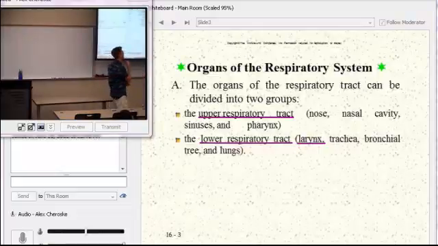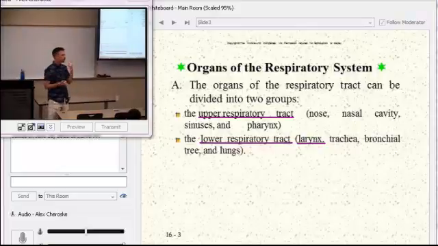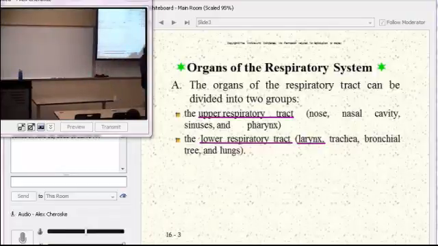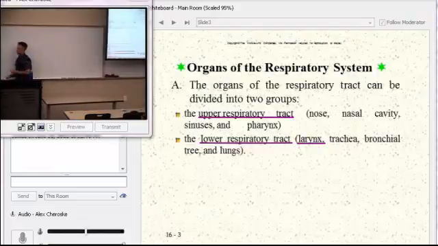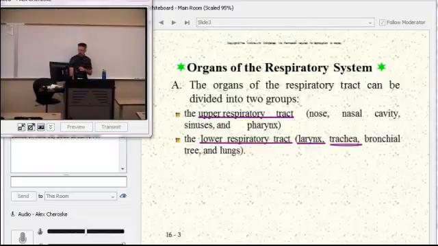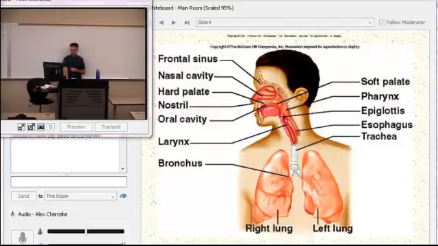So if we're talking about the pharynx and the oral cavity, all of those passages are actually shared between the digestive system and the respiratory system, right? You can breathe through your mouth, you can swallow things through your mouth, etc. The back of your throat also receives the things you swallow and the air. But at the larynx, that's where we're going to divide them. The larynx is also where we have the vocal folds and things like that. So it's an important section, and then we continue lower than that and get down to exclusive respiratory structures. In any case, the separation between upper and lower respiratory tract is just superior to that